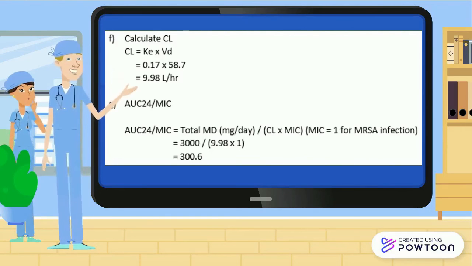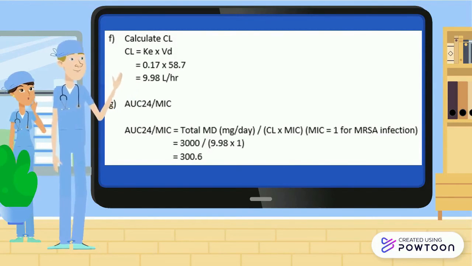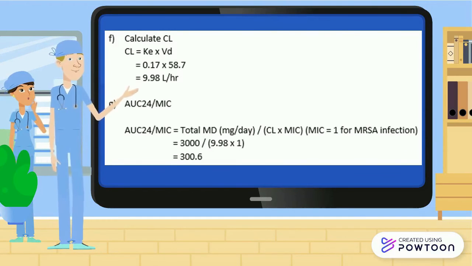Next, to calculate the AUC over MIC, which is the total maintenance dose per day divided by the clearance times the MIC, the MIC for MRSA infection will be equated as 1. We will get an AUC over MIC of 300.6, which can be deemed as an appropriate dosing regimen for this patient, as it is